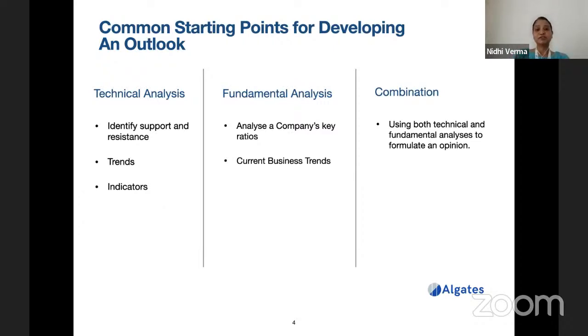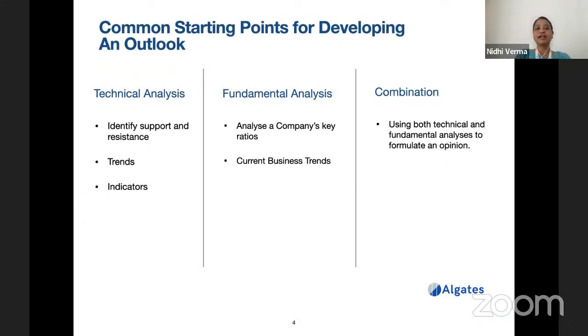Okay, and then there is fundamental analysis on the other side of the spectrum. So here we do not see the stock prices. Rather than that, we see what is there in the fundamentals of the company, what is happening. We analyze the balance sheet or income statement, we see earnings, we see what the PE ratio is, and what the current business trends and macroeconomic factors are, and then we have some sort of idea of where the stock is likely to go in the near future or even in the distant future.